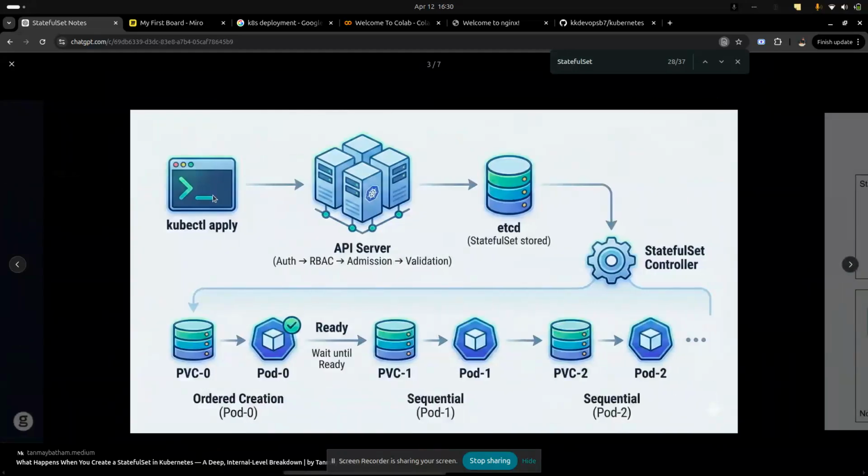And next, what we have is kubectl. Whenever we hit that kubectl apply command, the request will go directly to the API server. That API server will validate the stateful set, and validate authentication, RBAC. All of this will be discussed later. Assume that this validation is done and it is allowed, then the stateful set configuration data will be stored